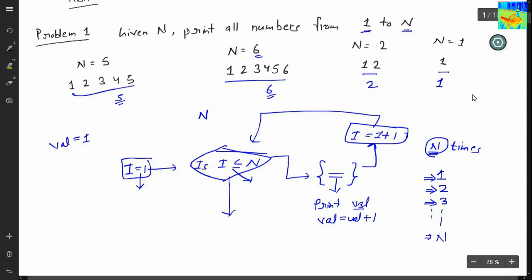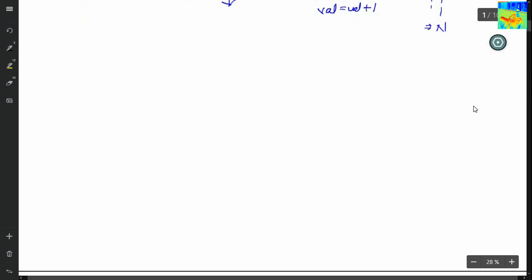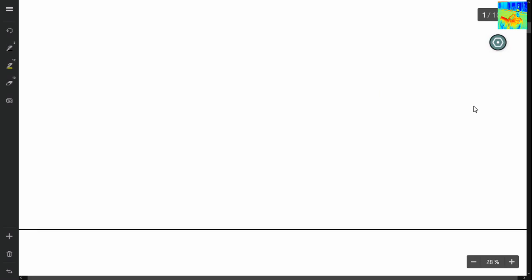My loop will break. So let us draw the flowchart. I will start my flowchart. Then for running the loop n times, I will take a variable I and initialize it to 1. Similarly, I will take a val which is 1. Is I less than or equal to n?